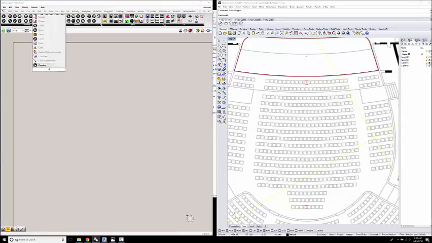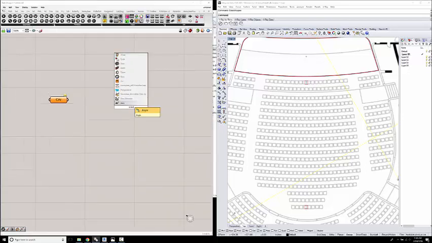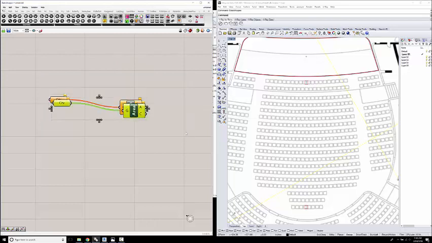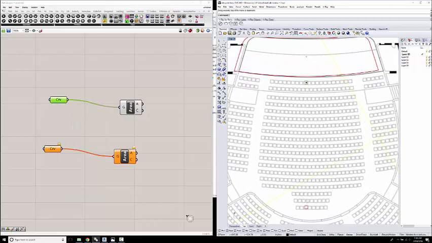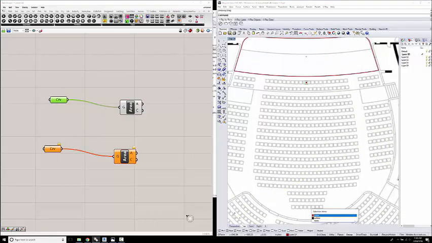So again, we're just going to start by using a couple of curve components and a couple of area components, and I like to just go ahead and set these up and then copy and paste them to make it a little bit faster. Again, in each instance, I'm just double clicking in the gray area here to create almost any component inside of Grasshopper. Select the curve, set one curve for the front, select the one in the back,